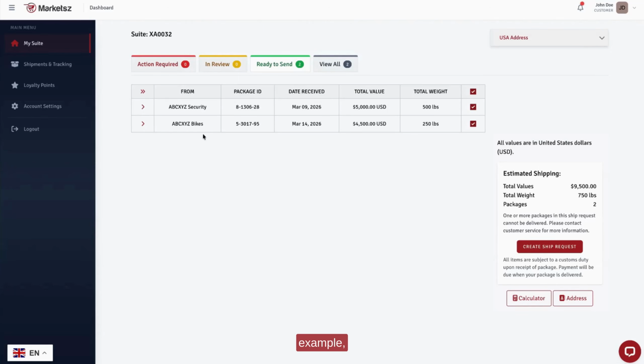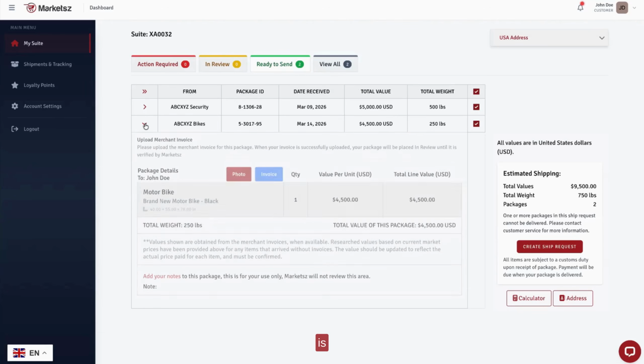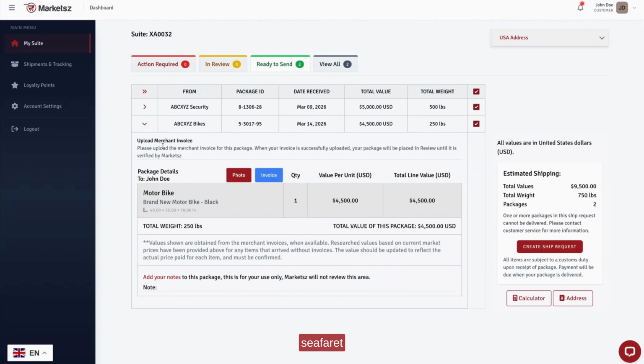That means that, for example, in this case, a motorbike is considered by Seafreight carriers as a non-standardized item. And unfortunately, those items, or any other type of item like hazardous items, pressurized items, flammable items, dangerous items, any type of item that is considered non-standardized by the Seafreight carriers, unfortunately cannot be consolidated